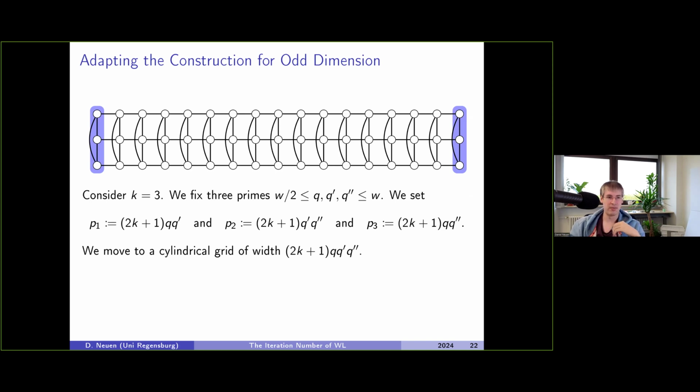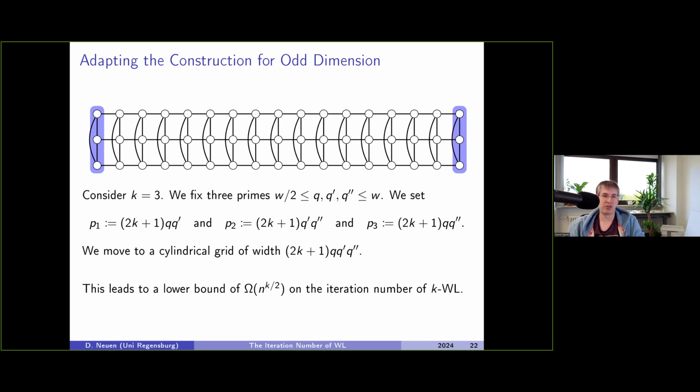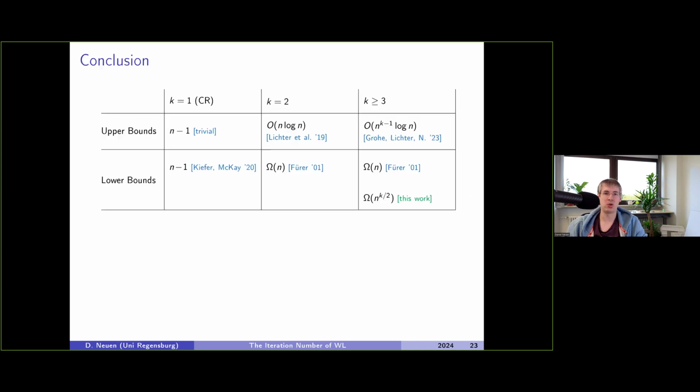Okay. So this way you can construct a lower bound of n to the k over 2 without the floor. Okay. So this is what I want to say on the construction, at least for the moment. So,